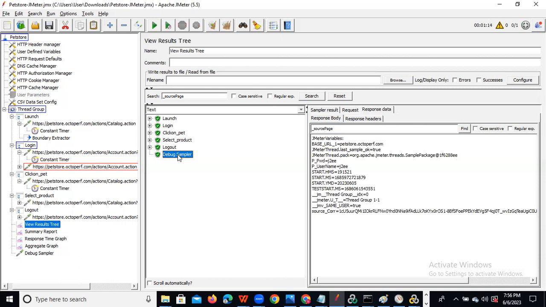See, now the execution is completed. You can go to the debug sampler. See, now you can observe source core is equal to the value that is picked.